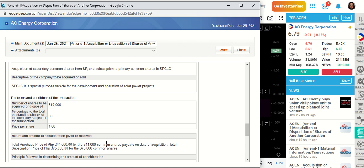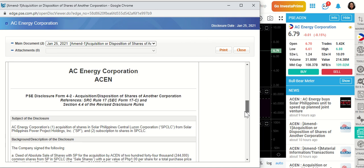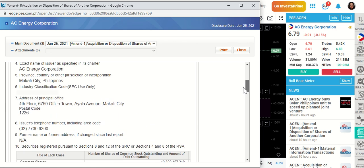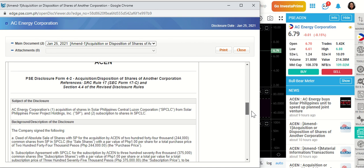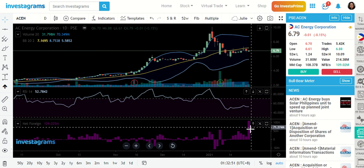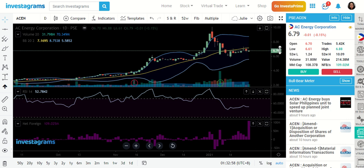Total purchase price, common shares payable date acquisition. When was this? For common shares buying? Or this one, it just talks about Solar Philippines SPCLC. So I think that's a good catalyst. So when was this? 9 hours ago. This afternoon. Okay, so I feel like this news plus this news would result in more climb today or